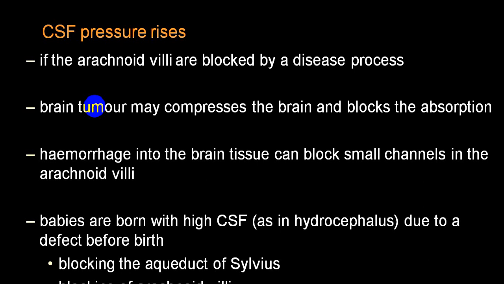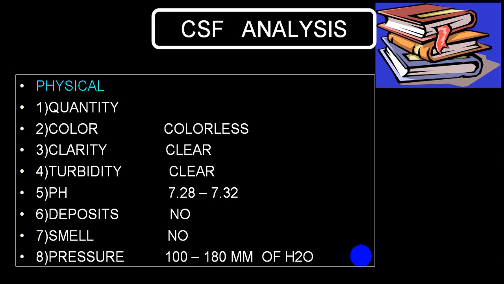There will be some group of people who will have a malformation in the brain because of genetic defects like Dandy-Walker syndrome, I'll come to that. So one is Dandy-Walker and the other is Arnold-Chiari syndrome. There will be a blocking of the aqueduct of Sylvius, and that will also give rise to occult hydrocephalus or obstructive hydrocephalus. So this will be the importance.